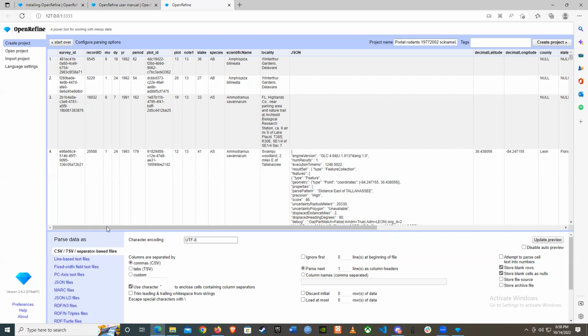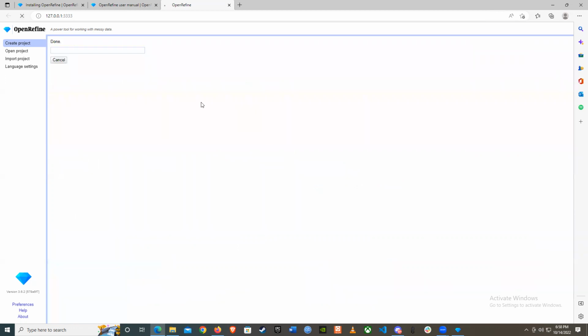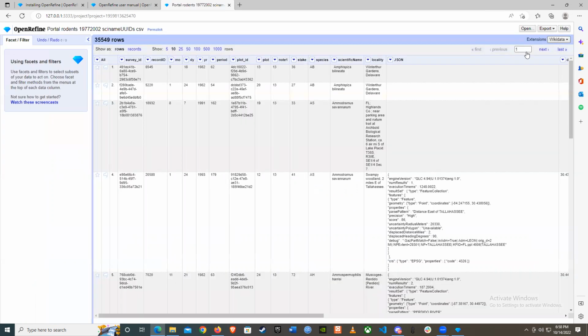Okay, so I think everything is fine here. I create the project, everything is fine. Okay, now I'm creating the project here, applying this, clicking this create button. Now here you can see that my project has been created, and now I will go one by one through the data carpentry documentation